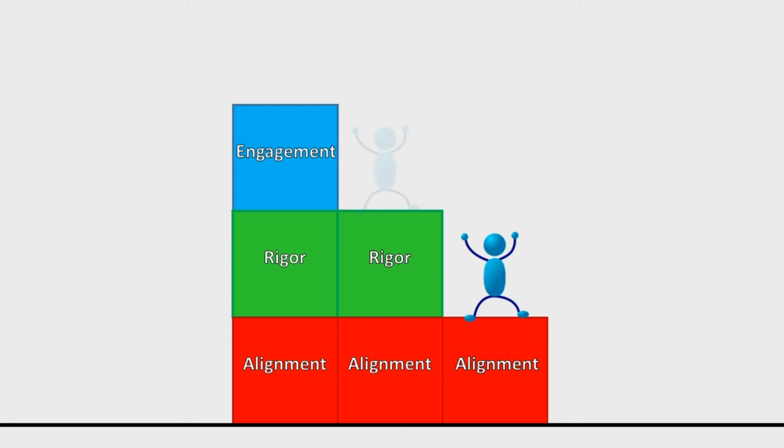We also have teachers who really understand alignment and also add a lot of rigor to their class. Sometimes we call these our old school teachers. They're not into all that edutainment stuff that we want them to do, but their students are very, very successful, and sometimes we just leave them alone because of it. Now, I'm not saying these teachers don't have room to grow, but we often see these teachers being very successful because they're aligned and they're rigorous.